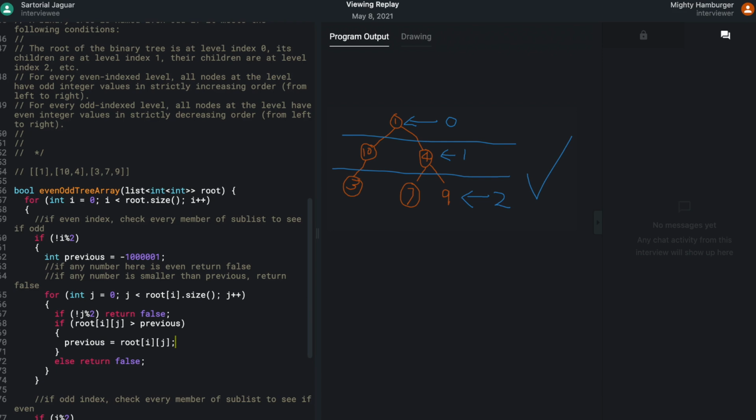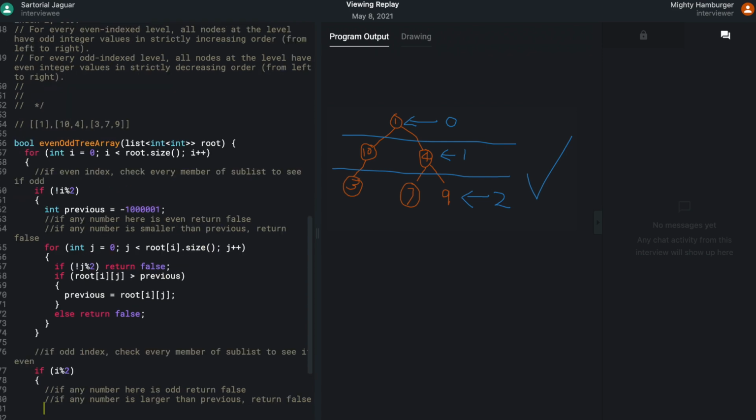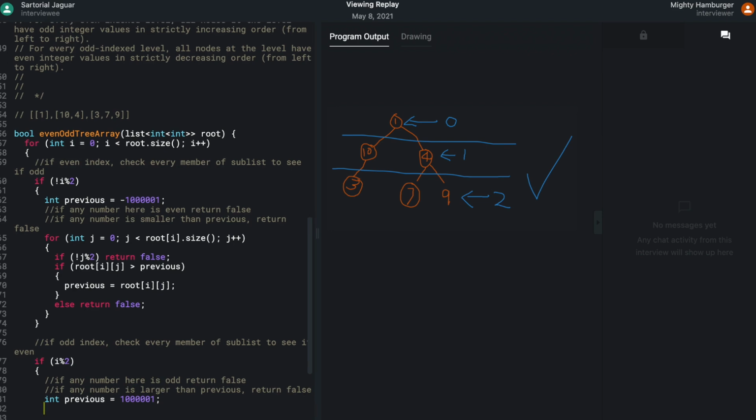So now I'm going to code the next part of it. Int previous equals 1,000,001. And for my OCD, I'm going to put that there.